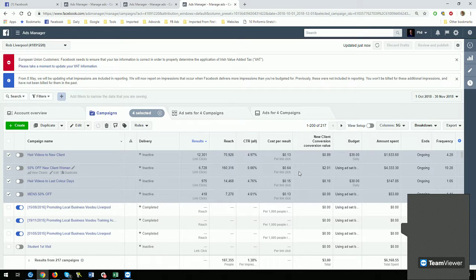But look at their cost per result. When they set the account up, they did it in dollars, and once you've done that, you can never change it. I know it's ridiculous, isn't it? Once it's done, it's done. You change it, it creates a new account. So it's about 10% off. So that's around about 10 or 12p compared to 50,